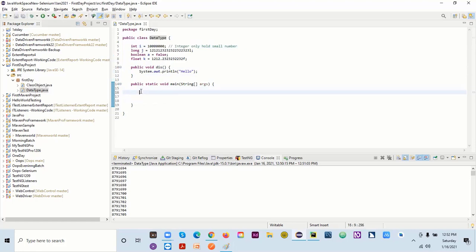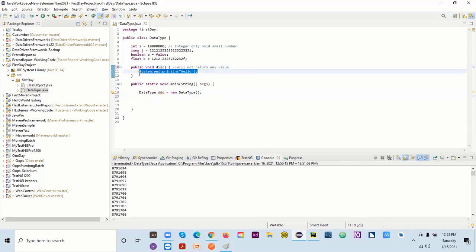So it's data, or I will say DDD, any name you can give here. There's no rule as such, but it's always good to give a meaningful name. Now, there's a keyword here, we have used void. So void will not return any value. When I say it will not return any value, it will just print whatever is there.